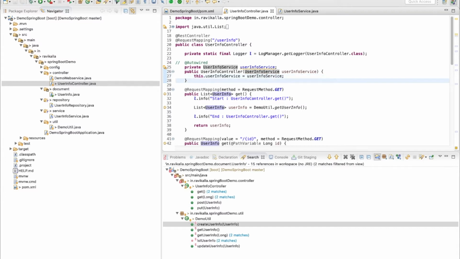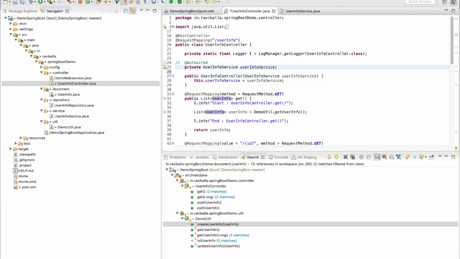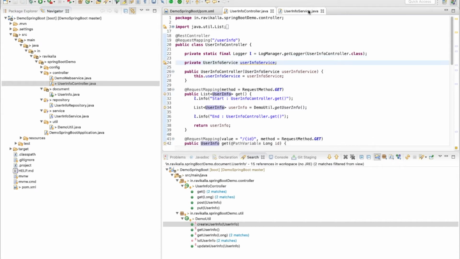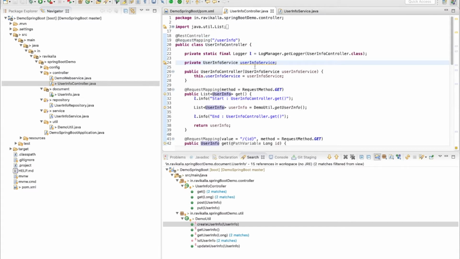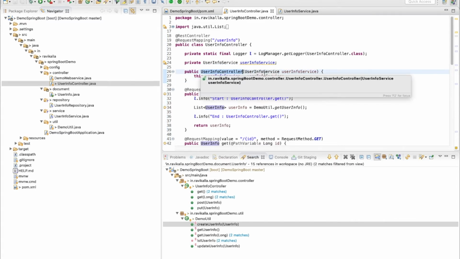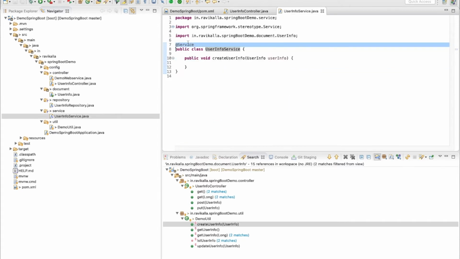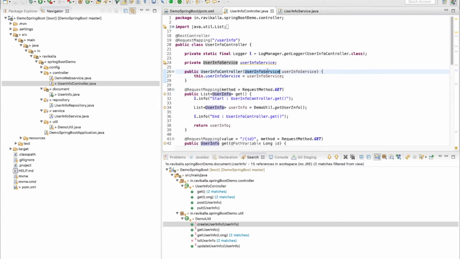The reason for this is this will also AutoWire. Spring will always initialize all the service classes, or basically all the components like this, during the startup time, and they will inject them into the constructor of any other component. Because this is a REST controller, it is identified by Spring as a different component, and it will see the constructor for this class and pass that other bean, which is initialized by Spring, as a parameter to this, and then we are setting it to the local variable.